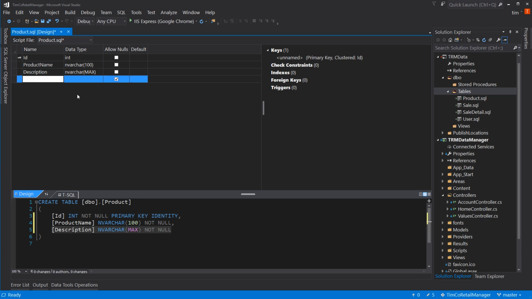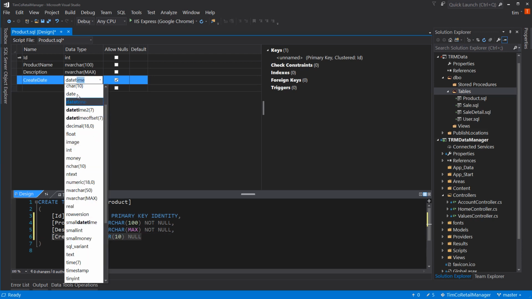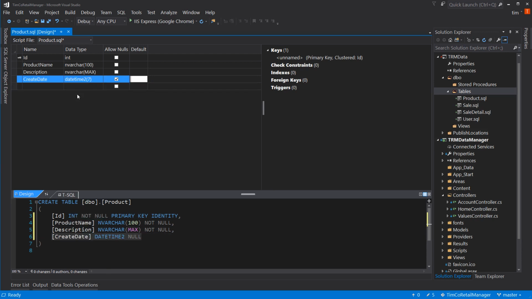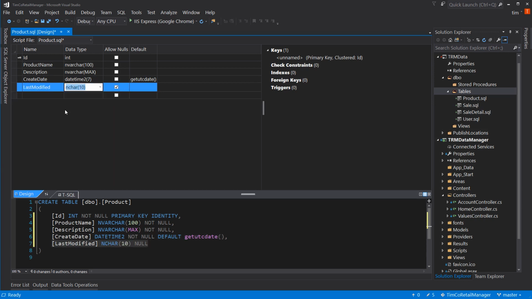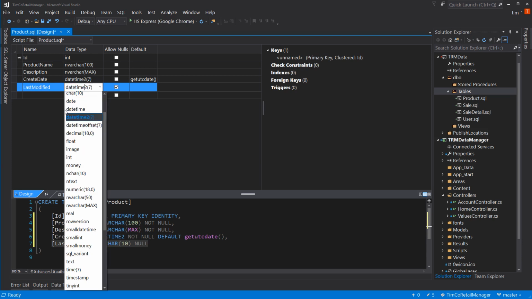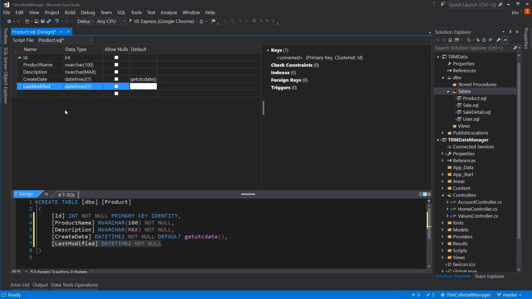And let's go with create date, which is datetime2. And again, GETUTCDATE, so that every time we insert a record, insert, not modify, every time you insert a record, this will get appended by default with the UTC date. Now, let's do last modified. I debate putting this in here, but I'm going to. So last modified